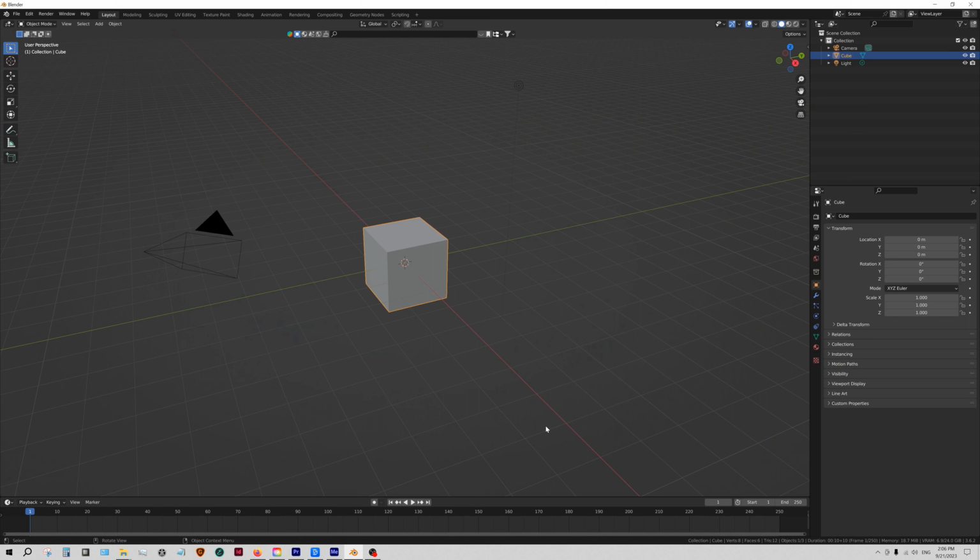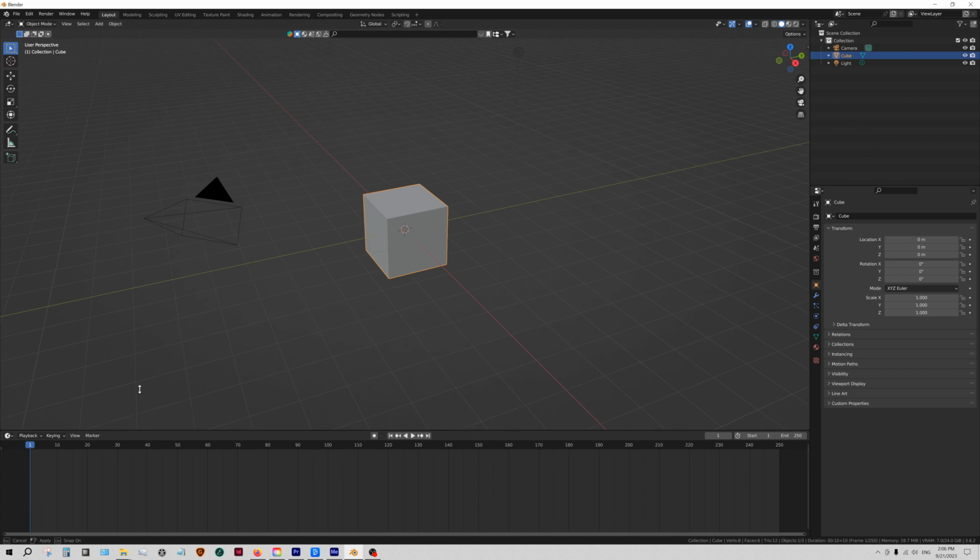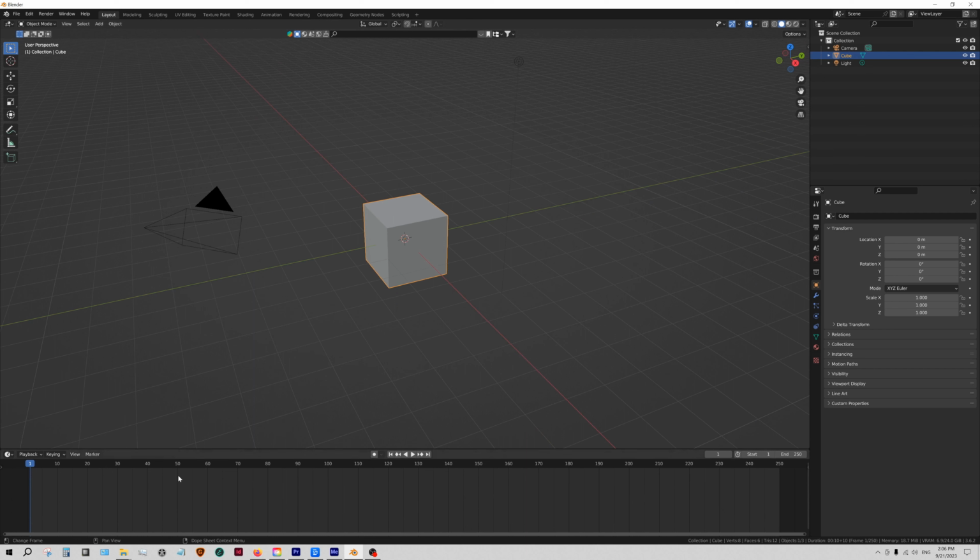This is going to be a quick video showcasing how to animate stuff in Blender. And it's actually quite simple, and I think you'll find it's very intuitive and not too difficult. So, to begin, the most important part for animation is really the timeline itself, which is by default docked here